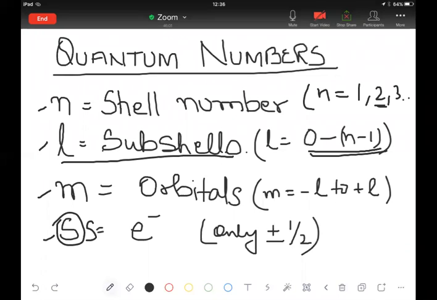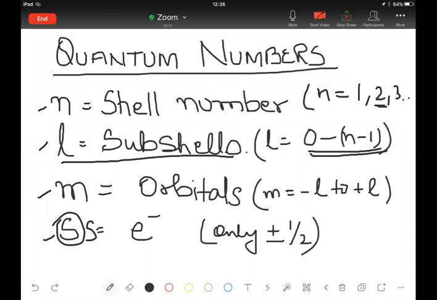Similarly, you can have electrons in all the atomic shells. But to specify which shell number you are talking about and which electron you are talking about, the quantum numbers are used. So n tells you the principal quantum number. L will tell you the subshell, in which subshell you are talking about. M tells you the orbitals, the orientation in space. If I say the electron is actually in n equal to 3, it will automatically give you an idea that the electron is residing at this distance from the nucleus.